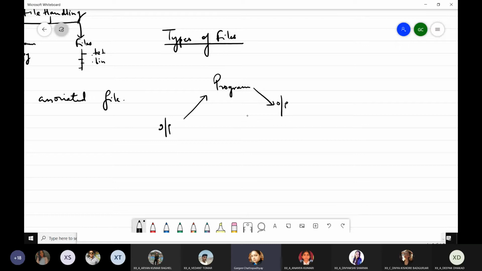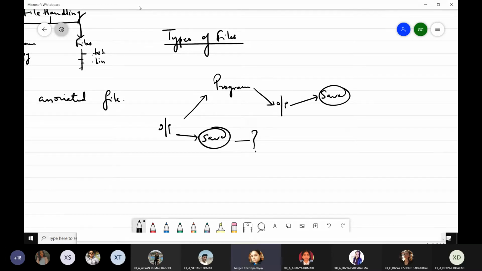But what about a case when you need to save your output? Output मुझे save करना है या input भी मुझे save करना है कहीं पे. So what about this case? For example, take the case of a busy hospital and the data entry operator who is entering the record of each patient who gets admitted, right? Why do you think the operator is doing so? Why can't we always or every day create an array or a list of patient records and save it in the RAM? Can anybody tell me?